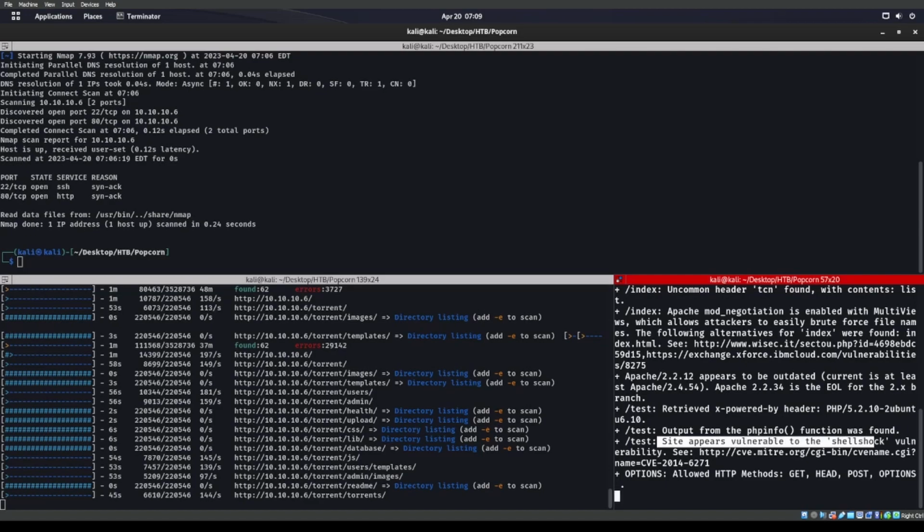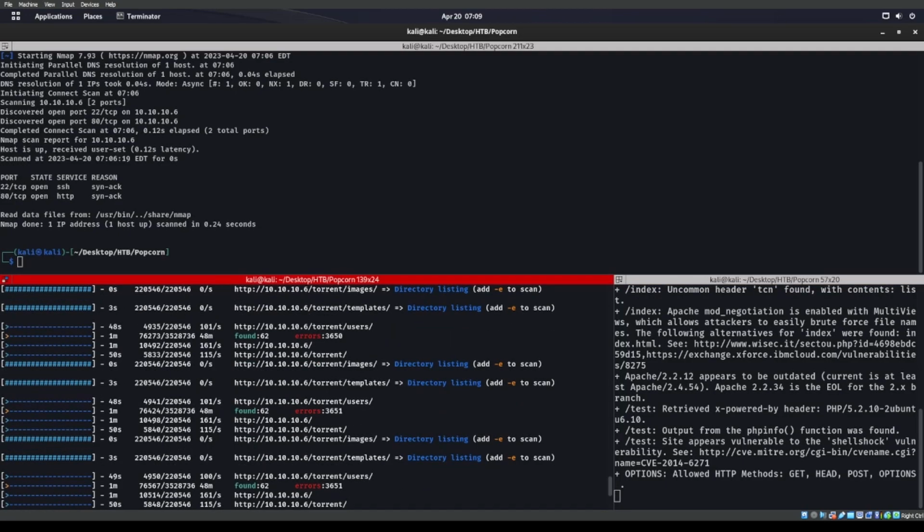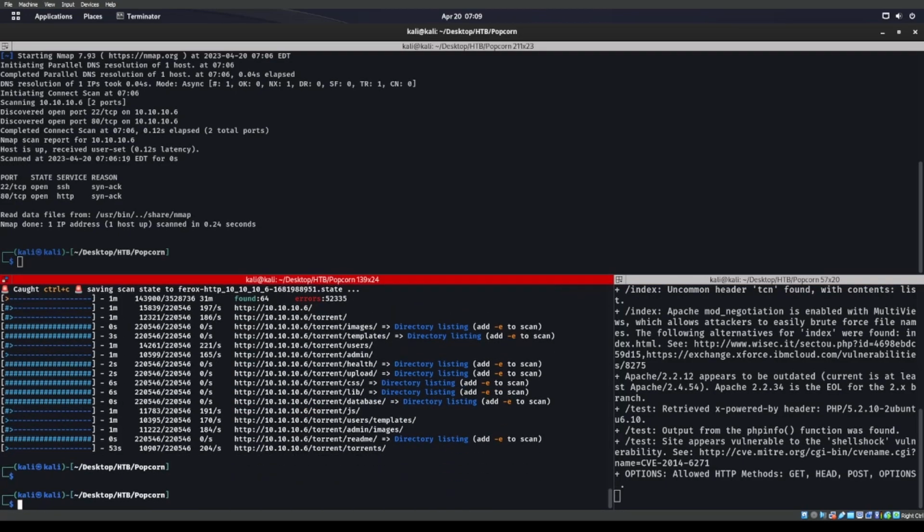So it appears to be vulnerable to Shellshock. It says that /test seems to be vulnerable to Shellshock right there, huh? So let's go ahead and